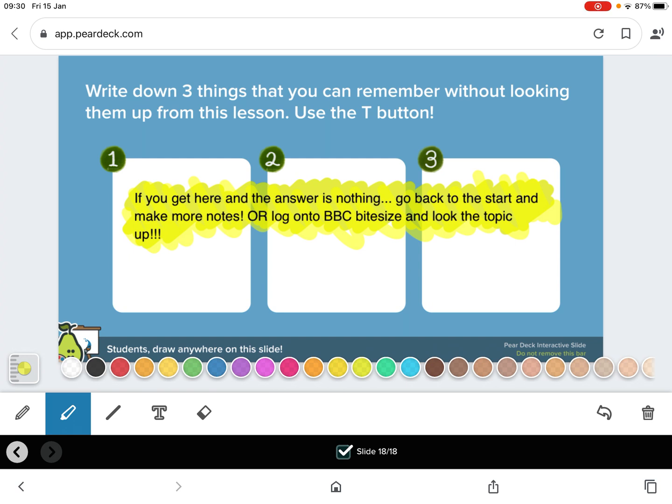Some of you are doing absolutely fantastic, and I am so proud of you. You are working really hard. You are sending me messages when you get stuck. You are asking for help. Absolutely brilliant attitude to your learning. Some of you know that you can do better, and I hope to see an improvement in the next couple of lessons.